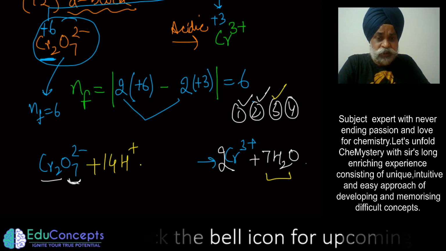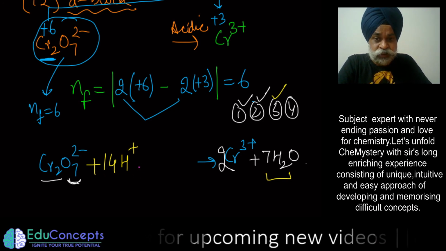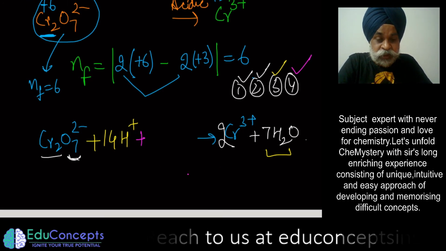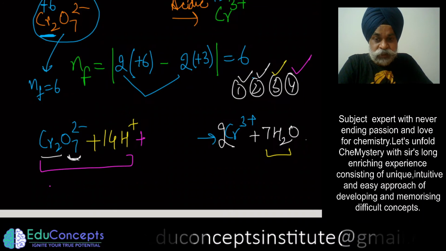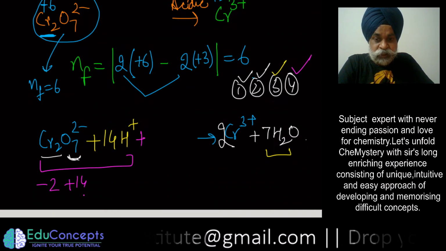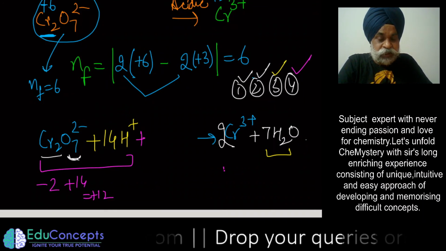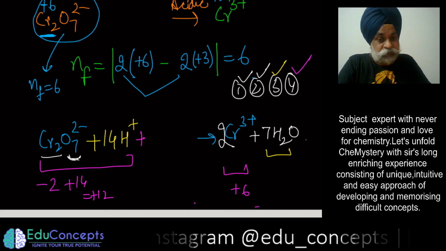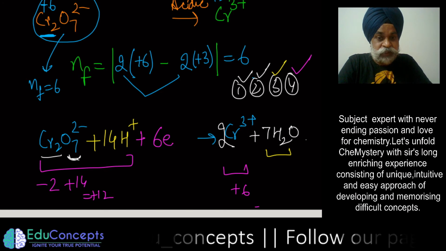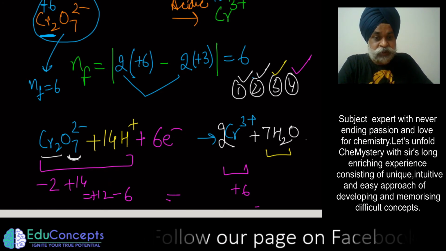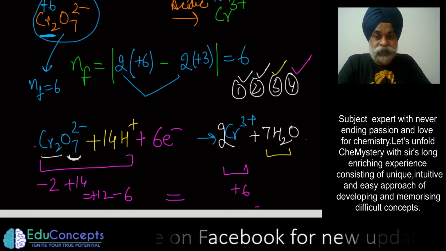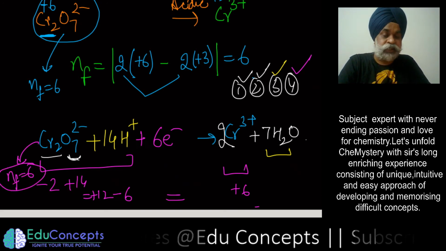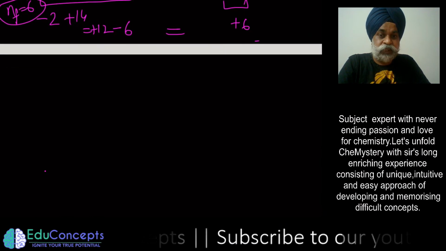Now what you are supposed to do here in this case is the balancing of the charge with the electron. So here you have how much charge? -2 plus 14, that is +12. On this side you have +6. So you want to balance the charge with the help of electrons, so you have to place 6 electrons. If you place -6, this becomes +6. So that means the n factor is 6. So you could go with the balancing also. So I think this point is clear.